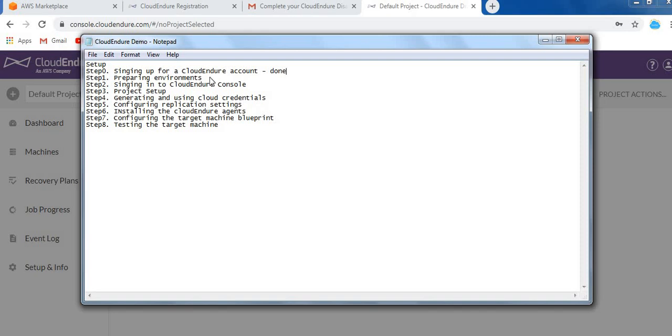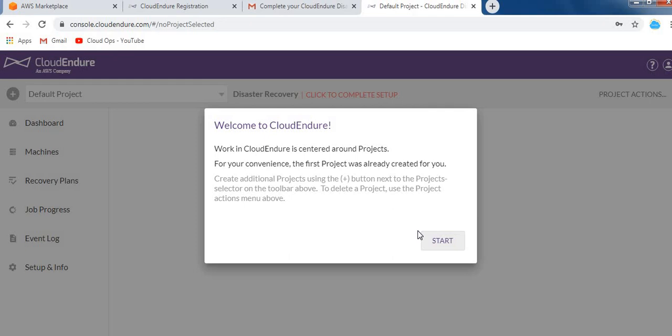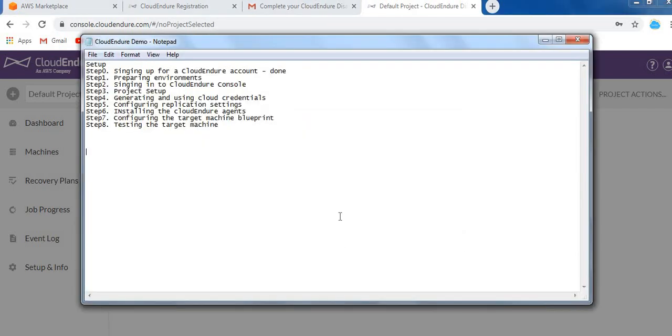Now we need to start preparing the environment. If you are moving your on-premise or VMware environment, then ensure the Cloud Endure ports are enabled from your firewall. The URL will be console.cloudendure.com, and another thing you need to enable is an S3 bucket.